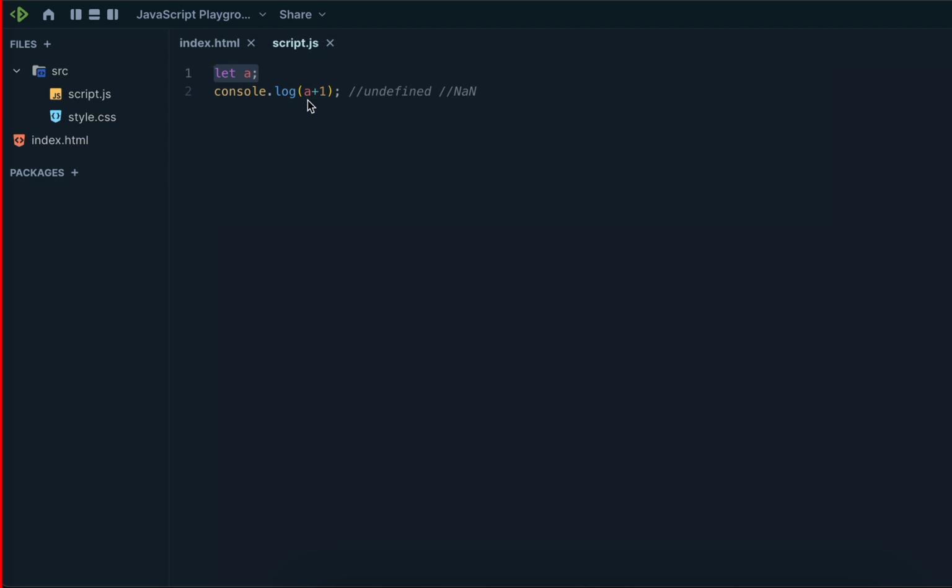A is alphabetic and 1 is a number, so we can't consider it a number, it's a string. So we consider it not a number, and also we can't convert it into a valid number. So that's why we can say it's NaN.